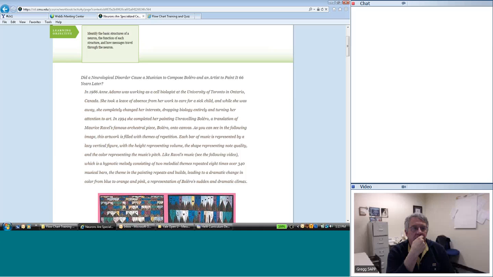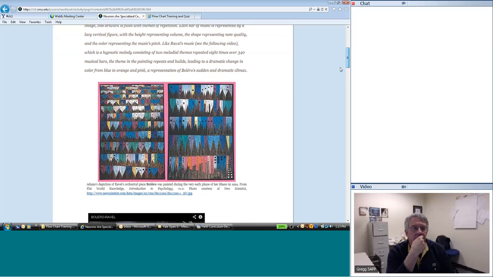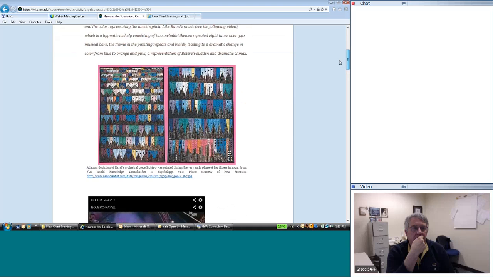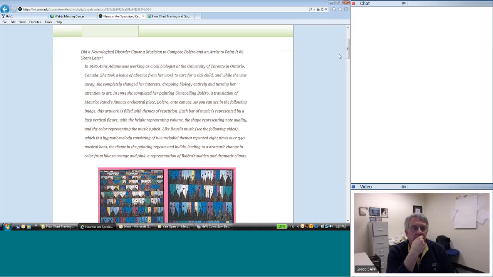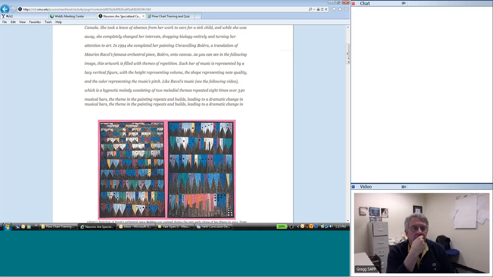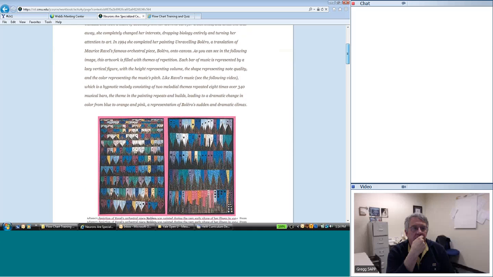And then begin to tell a bit of a story, if you will, with the use of multimedia to explain how neurons work when they're working correctly and when they're not working correctly in the brain, and how that can affect a person and their actions. And in this example, just to give you a quick overview, we're talking about Ravel's musical piece called Bolero, which takes 2 melodic lines and repeats them 8 times, and how the artist of this particular picture